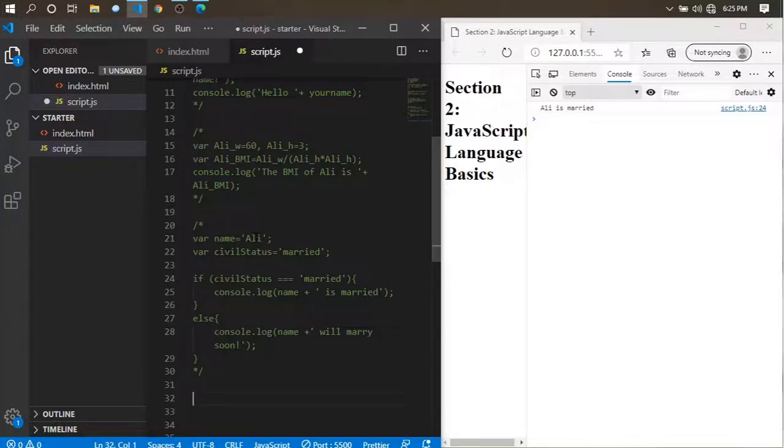So I would write just variable married or single is equal to, so if civil status is equal to married,